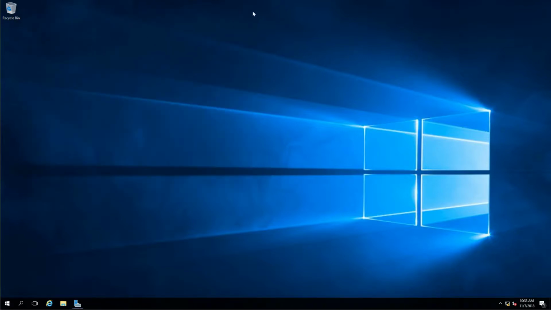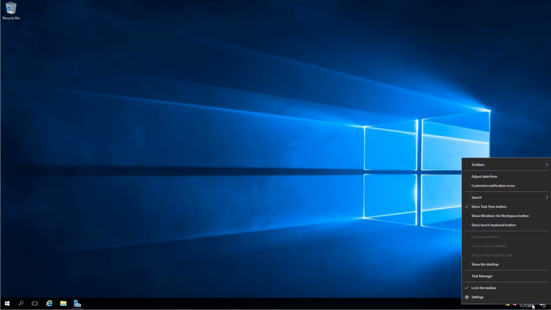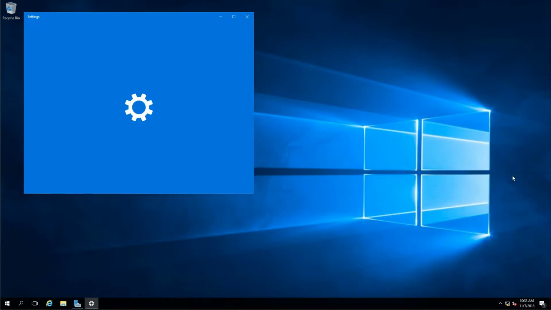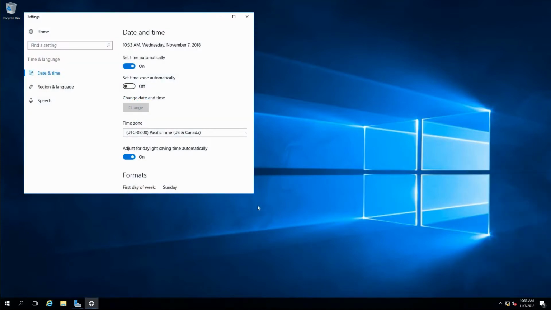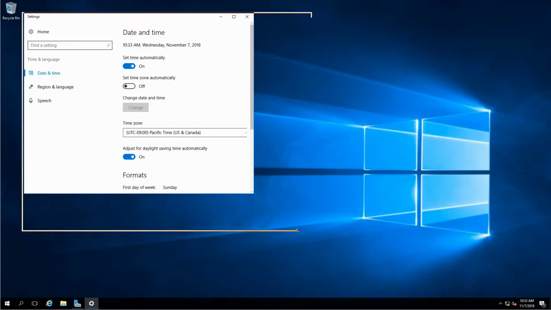First thing I want to configure is the time. I want to make sure that the time is set correctly and with the correct time zone. It's always really important to make sure your time is set correctly. If you don't, you can run into a lot of weird issues later on. So what I'm going to do is go ahead and down here in the lower right hand corner we have our time. I'm going to right click on this, and in the menu that pops up we have Adjust Date and Time. So I'll go ahead and click that, and here we have a nice little configuration window for our date and